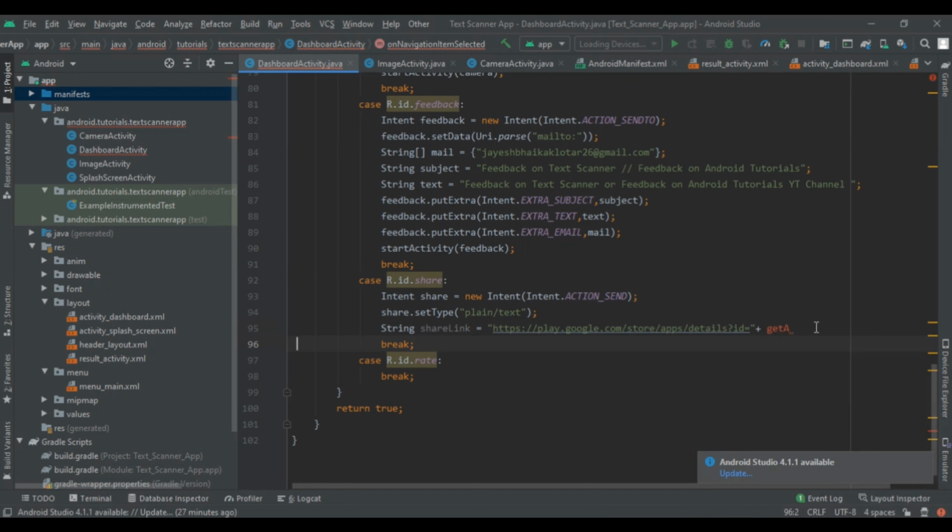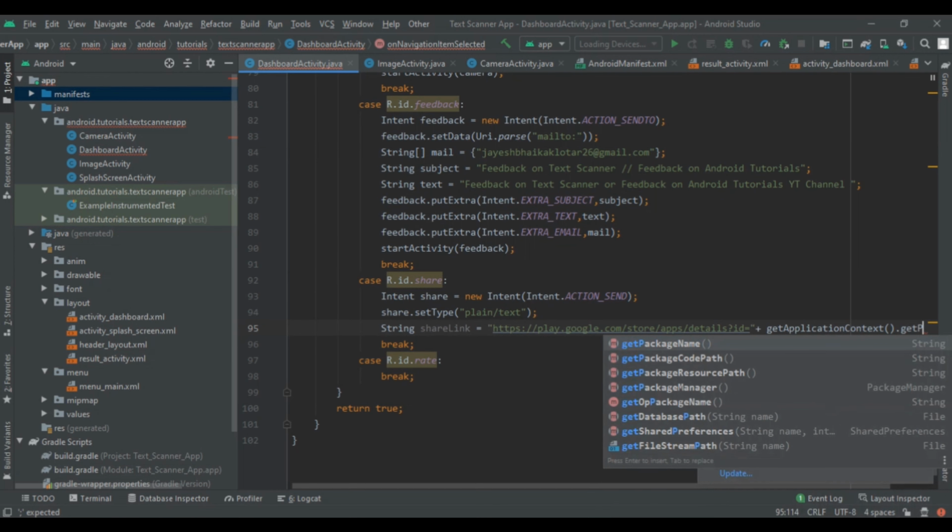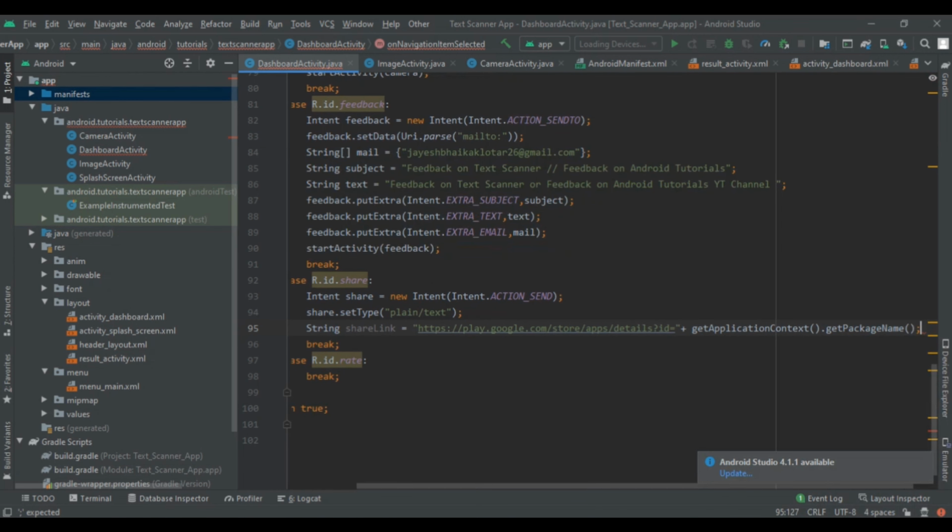So here I have written get application context dot get package name, and then close this. So here we have created our shareable link, and then start our intent.